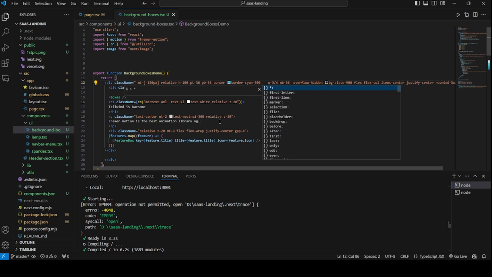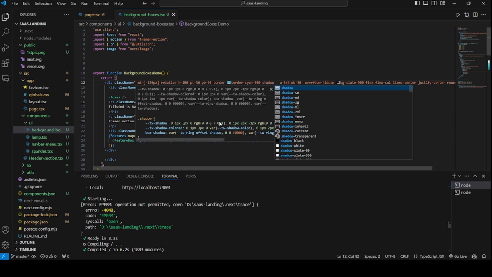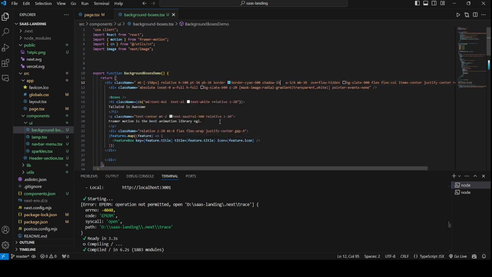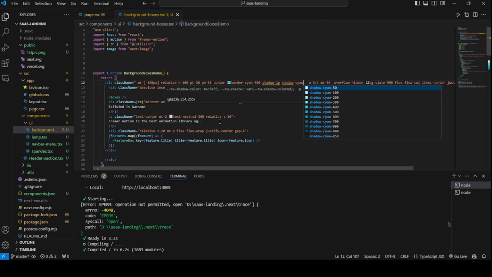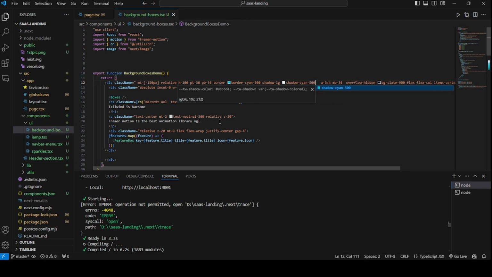Border cyan 500, then shadow large. Shadow large, then shadow cyan 500. Yeah, it should do the work.